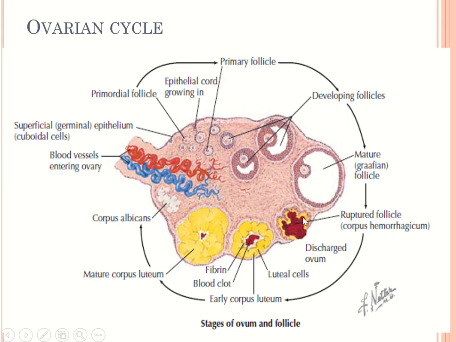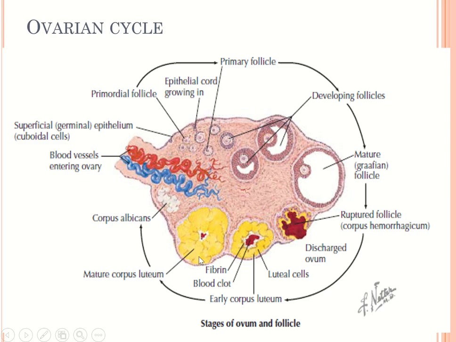Once it comes out, there will be some amount of blood which we can see. That's why immediately after ovulation, which happens around the 14th day, we call the ruptured follicle the corpus hemorrhagicum. After a few days, the follicular cells are converted into luteal cells, meaning these cells are laden with a lot of lipid and cholesterol. That's why they are called corpus luteum cells, because luteum means yellow, so it appears yellowish in appearance.